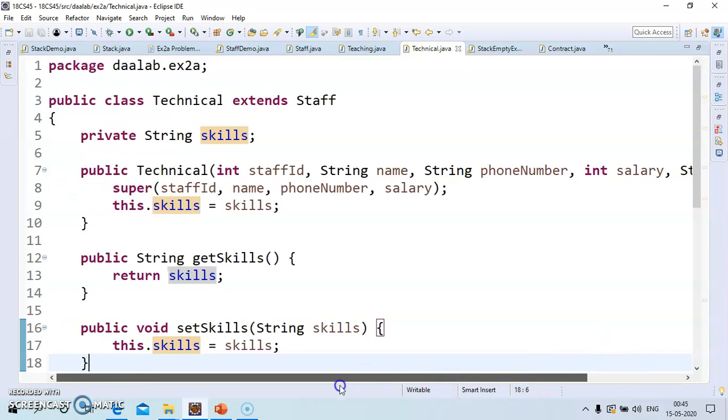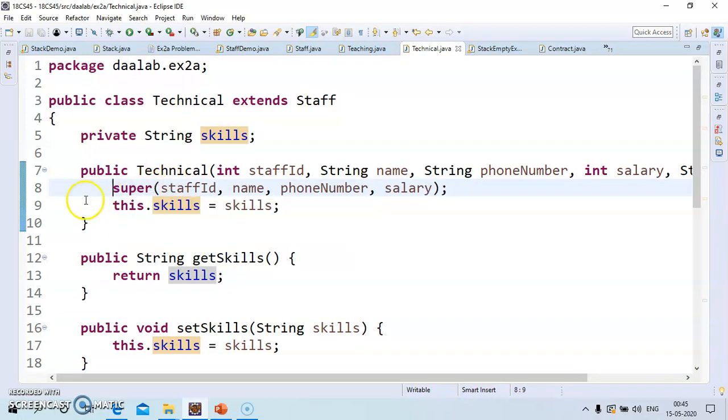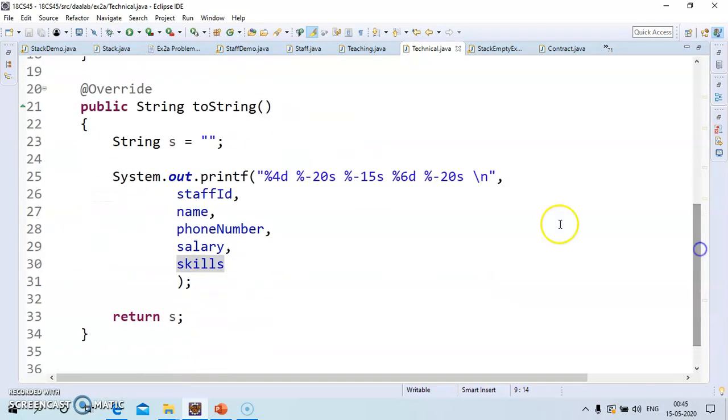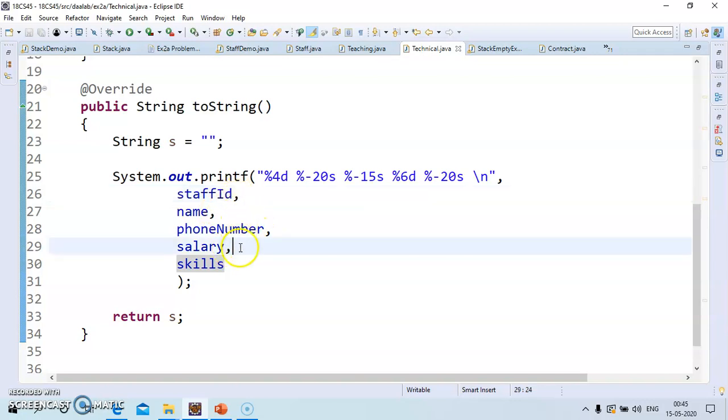Okay, and then we are here again calling the superclass constructor with the super keyword, and then this.skills is initialized here, and then we have a getter and setter method for skills, and then we have a toString implementation again. In this case, toString implementation is for staff ID, name, phone number and salary coming from the superclass, and skills belong to the same class. So this is the implementation of toString.